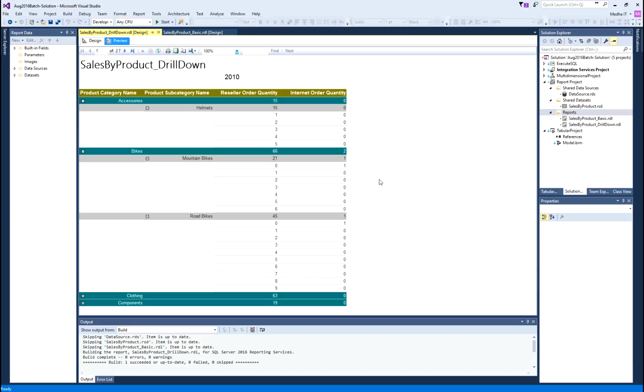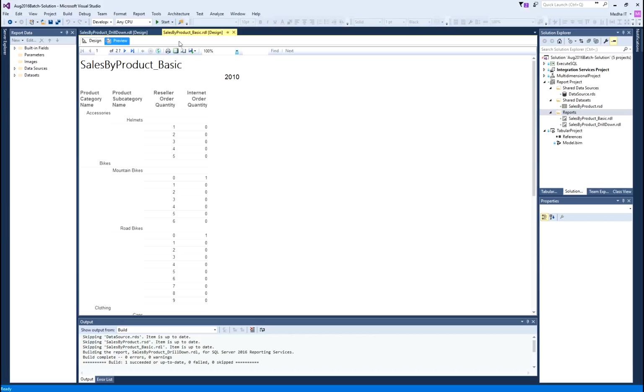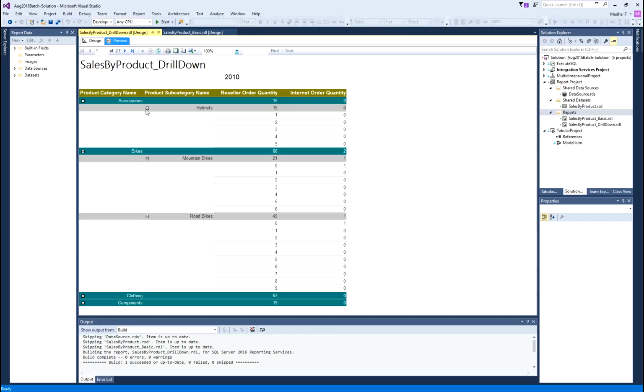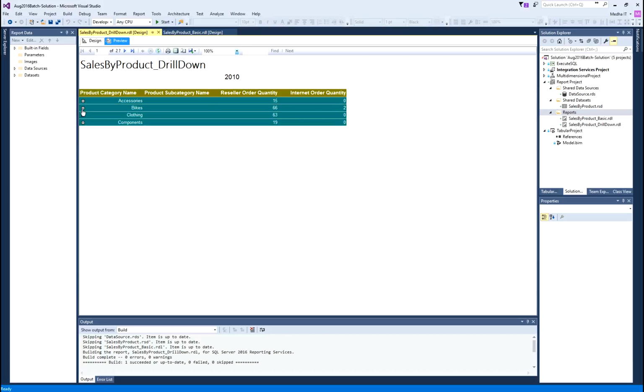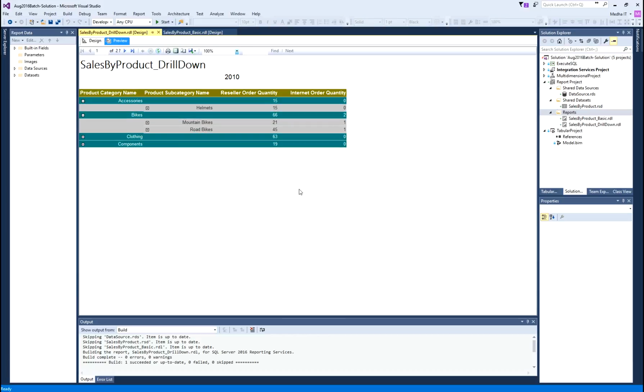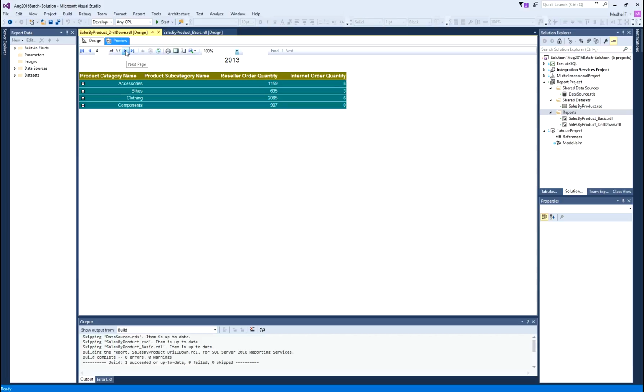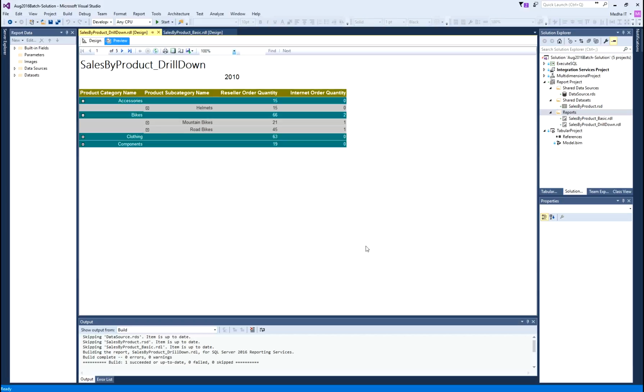build SSRS reports. So, now it is much better than the first one we built here. Okay, I can see the numbers, I can drill down to the lowest level and I can see the numbers at aggregated level if needed, and collapse and expand. And if I want to see the data for different years, I can navigate to the next page and see the different years reports. Okay, that is building a basic report.